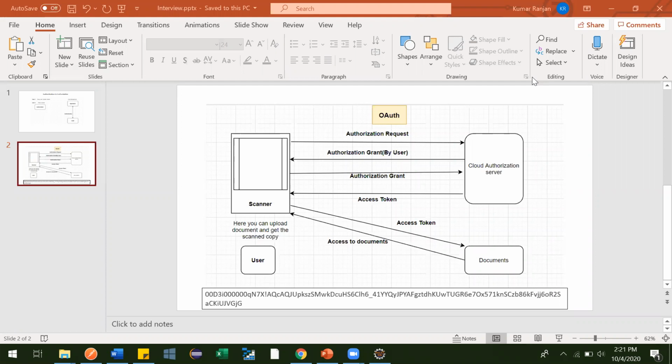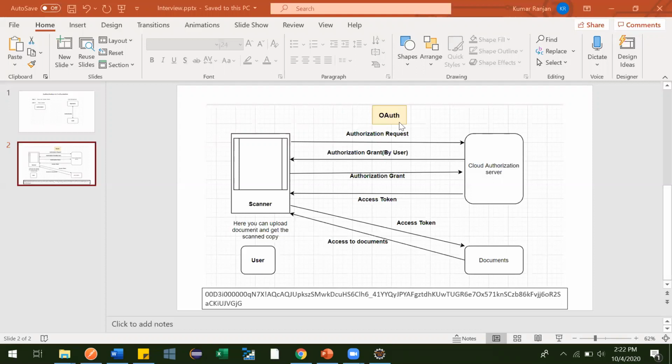Now in this video, we will be talking about OAuth. This OAuth is related to authorization. There are two types of OAuth: OAuth 1.0 and OAuth 2.0. OAuth 1.0 was a little complex to implement, so they made it easier in OAuth 2.0. No one is going to ask you the difference between OAuth 1.0 and 2.0. They'll just ask you how OAuth works, because the majority of companies are using OAuth 2.0 in their organization.